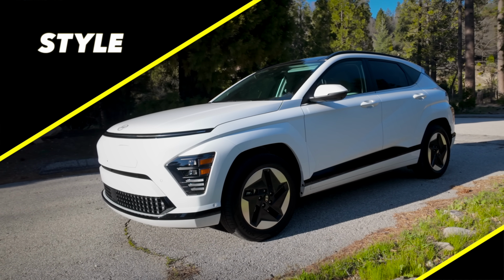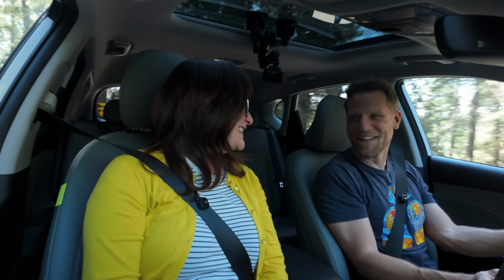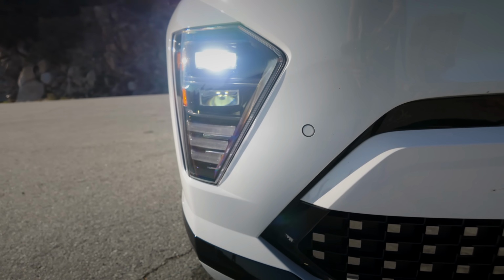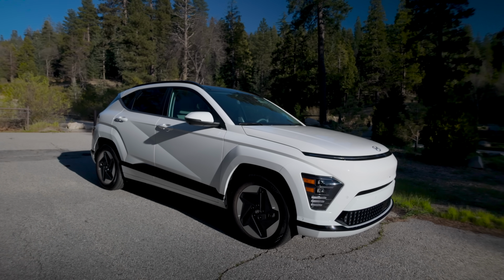When I look at the Hyundai Kona, I think, oh man, that's kind of what we would have thought cars would look like in the future when we were growing up in the 90s. So you always thought the future would look like aspirin tablets? Kinda. Sleek, smooth. I really like that lighting treatment with that thin line, but the real headlights are below it. I also like the contrast between the smoothness of the hood and the crisp lines that are all along the